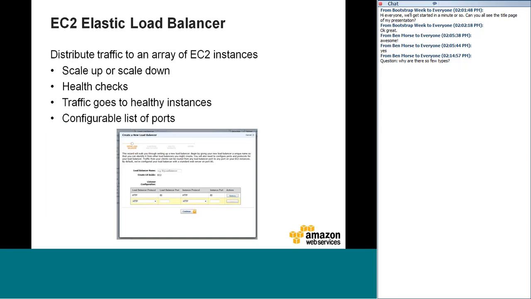Another important component of EC2 is called the ELB, or the Elastic Load Balancer. The ELB is used to distribute traffic across an array of EC2 instances. This is really important as you're scaling up and scaling down. So as you add new servers to your mix, you want to make sure that you're evenly apportioning traffic across all those instances. Another important aspect of the load balancer is that it performs what we call a health check on your instances. What that means is, and it can